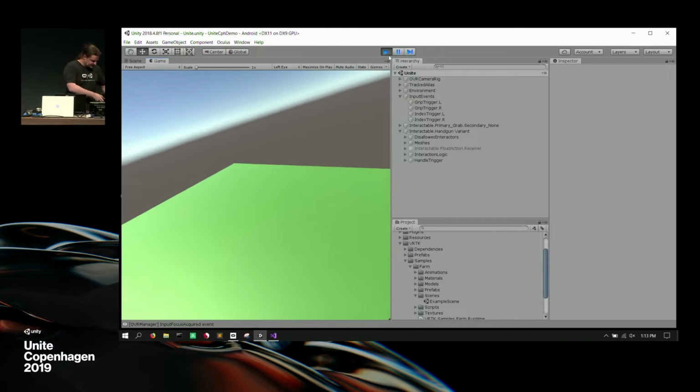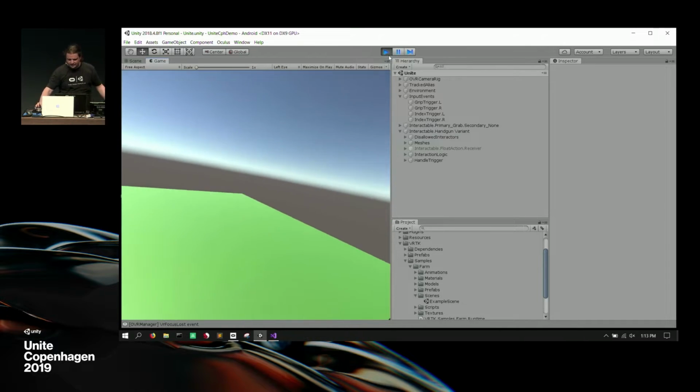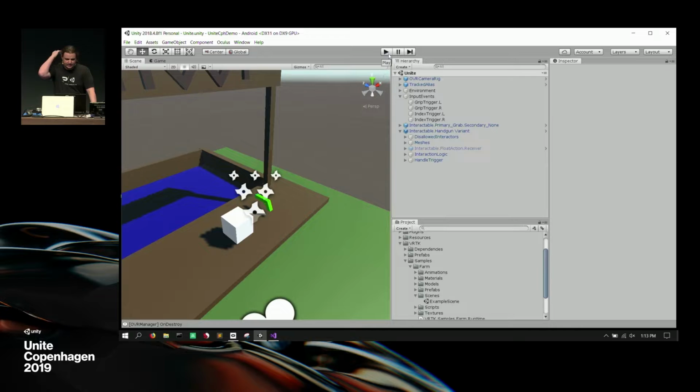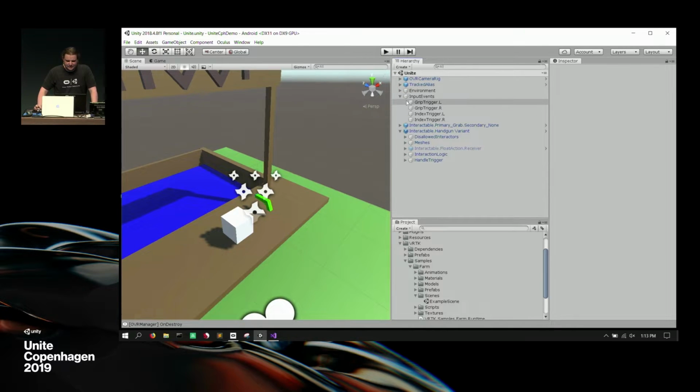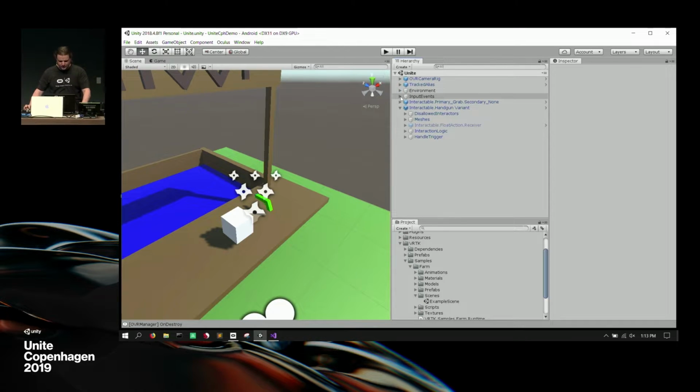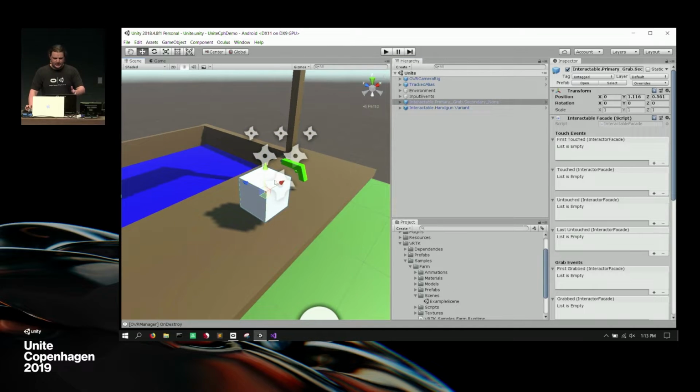So it's a lot to cover, kind of quick, and the handgun was actually already built for us, set up by VRTK, so maybe we can do something a little more interesting, a little bit more from scratch here. So what I want to do is I want to turn this object that we made in the beginning here, this primary grab, secondary none, and I want to turn this into some kind of an interesting crossbow. Just going to rename this to